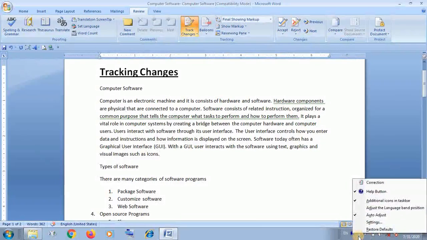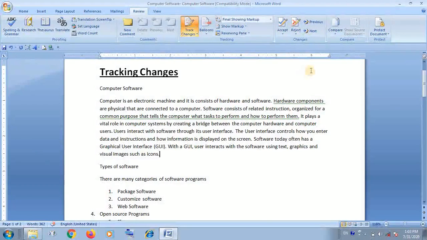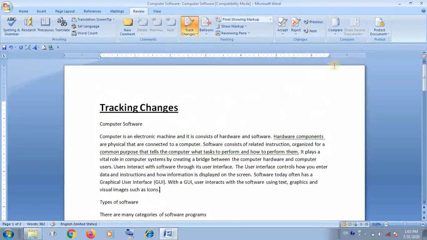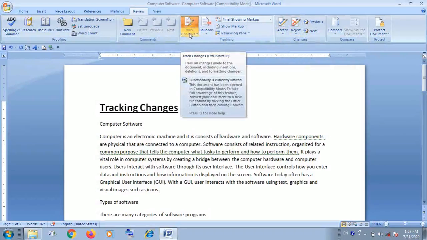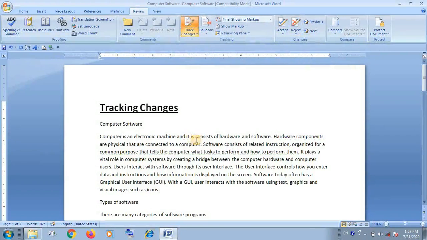Okay children, I think you have got the things. Now this tracking changes feature is not off. It only made changes that have been deleted, but it is still on. Again if you make a change, then it will be highlighted. Got my point?